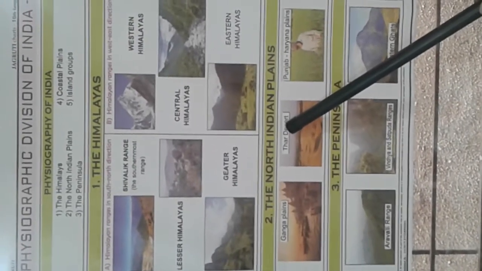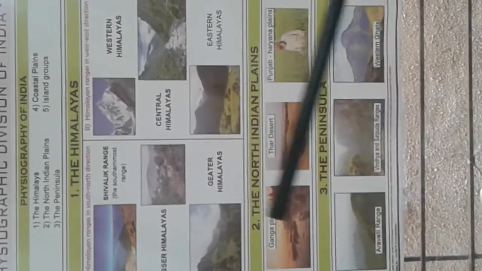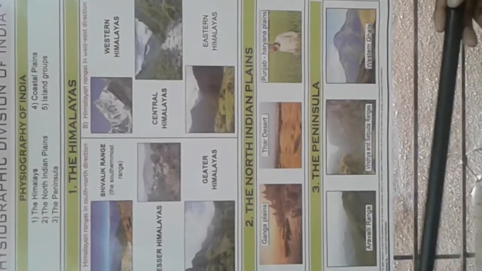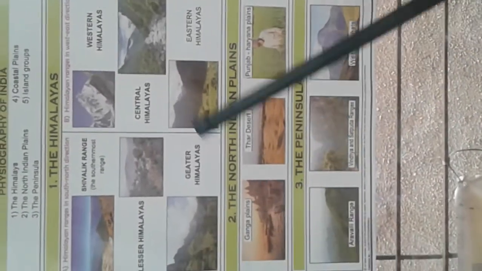Now let us come to the second physiographic division, the North Indian Plains. This division lies between the Himalaya mountains in the north and the peninsula to the south. So the northern Indian plains lie between the peninsula and the Himalayas. It extends from Rajasthan and Punjab in the west to Assam in the